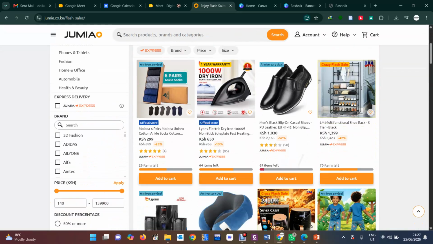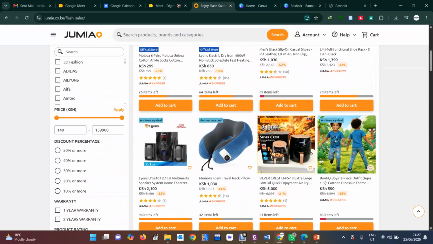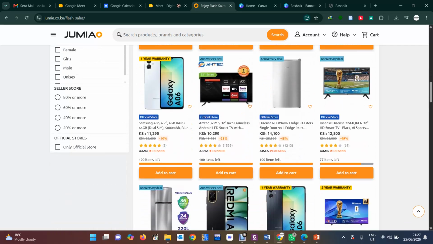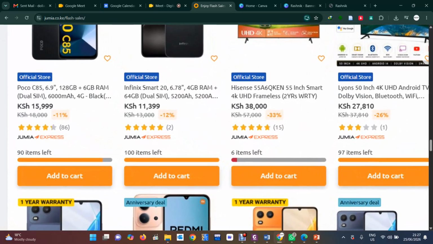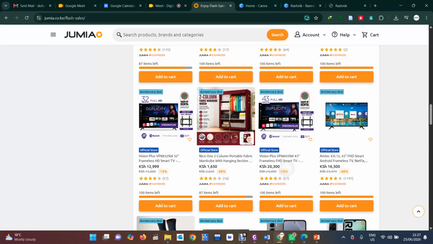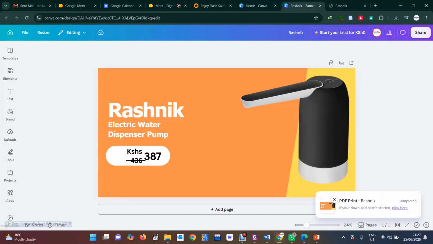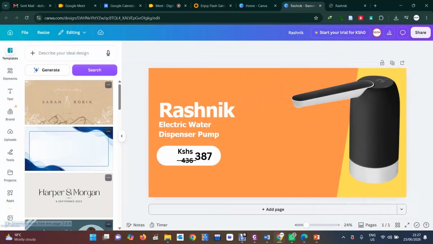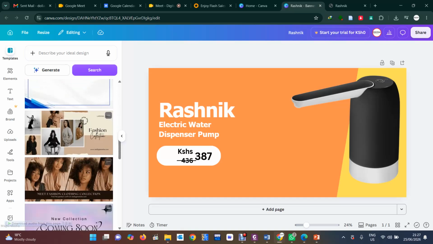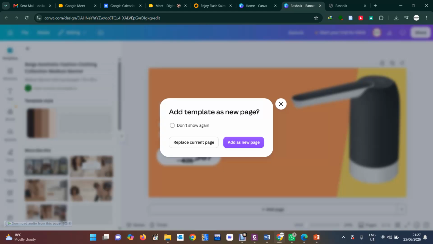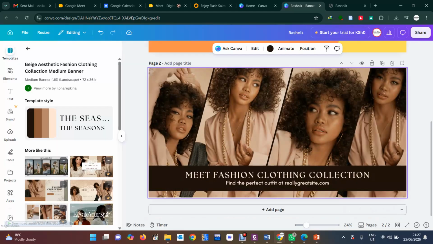So you see, like this one now, you have these advertisements here. Maybe you want to create things like those ones and then put them there. So all these designs, you do them using tools, AI tools, such as these ones here. This is Canva. So you can even come here and use templates. You can do the marketing design like these ones. Maybe you want to use this one to market certain. See that? Maybe you want to market the fashion.